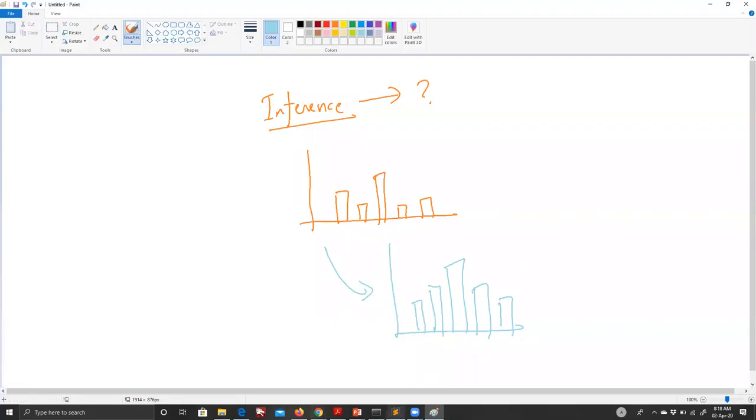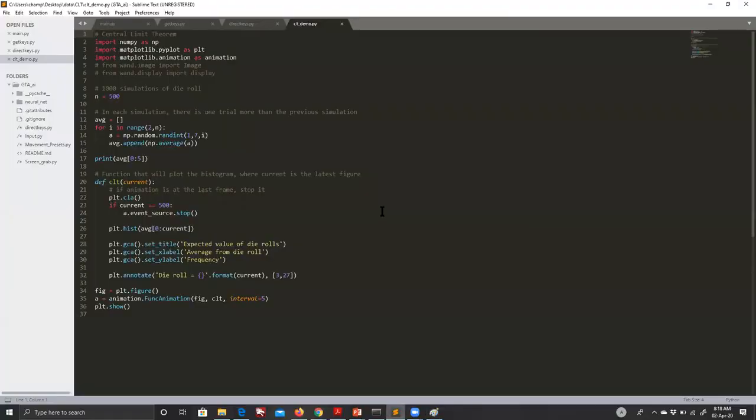Okay, I've written a very small piece of code to make it work. We are going to use NumPy, Matplotlib, and there is an animation package which will be very useful here. Now we are going to do a simulation. Let's start with a very small simulation first. N is equal to 5, and fundamentally the simulation is like this, guys.